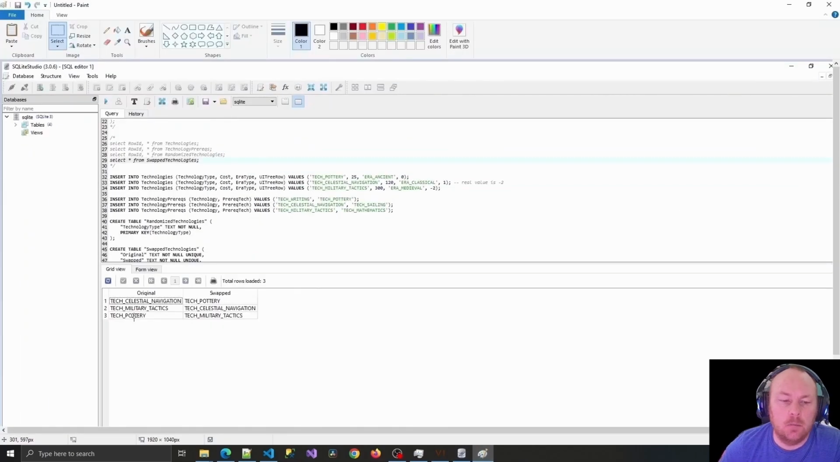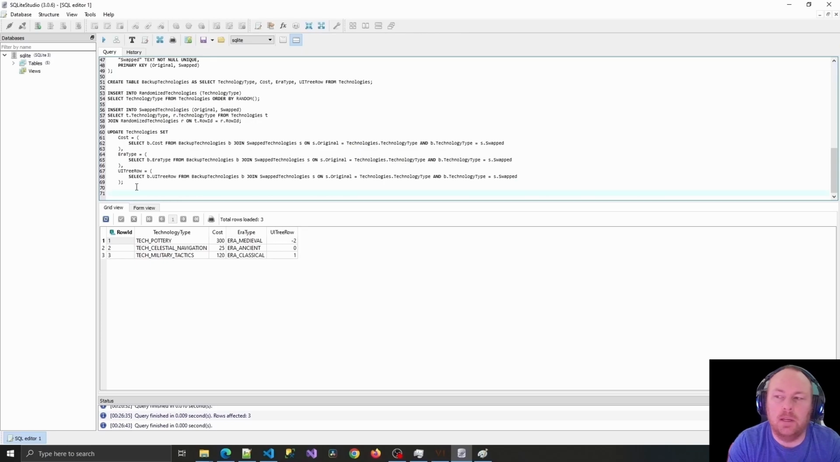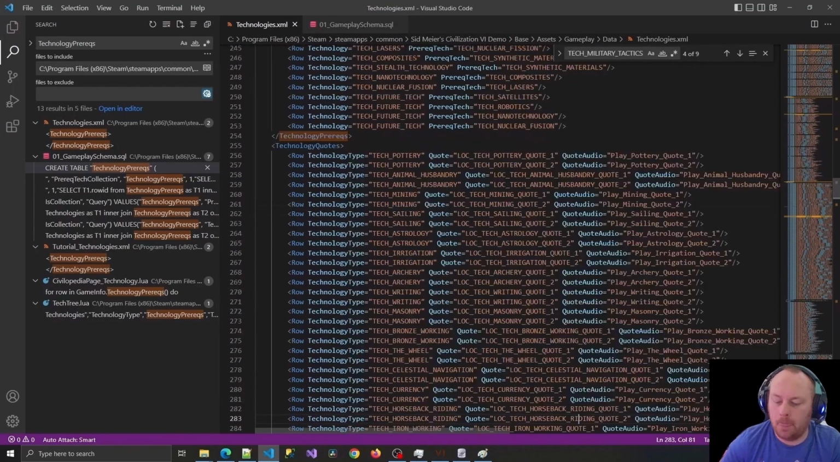My screenshot: pottery was supposed to get swapped with military tactics. Tactics has 300 medieval -2. So that swapped exactly how it was supposed to. Next, randomize the prerequisites. Because if you remember, when I was looking at the XML file and I was changing